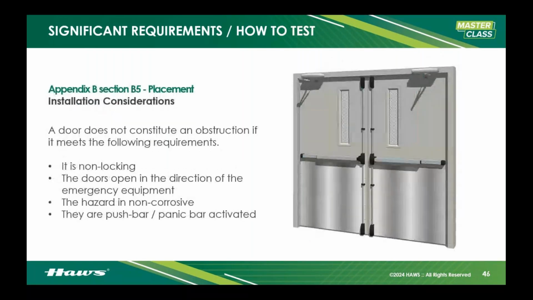Also in the appendix and included, this is section B5, a door. It gives us the rules for allowing a door. You can have a door, but it has to meet this criteria. The door has to be non-locking, right? You'd hate to be in an emergency and run and find a locked door and have to find a way around. That would just extend that 10 seconds way past when would be ideal.